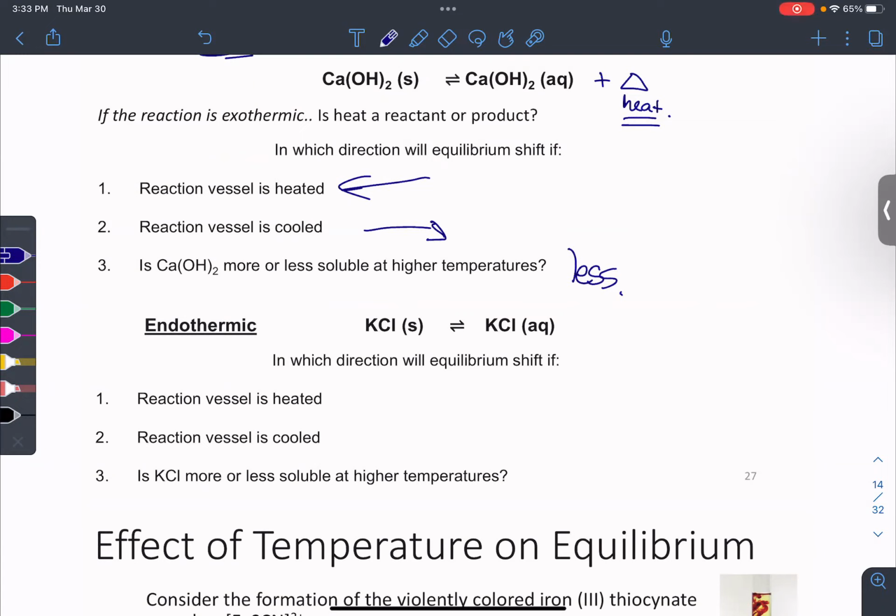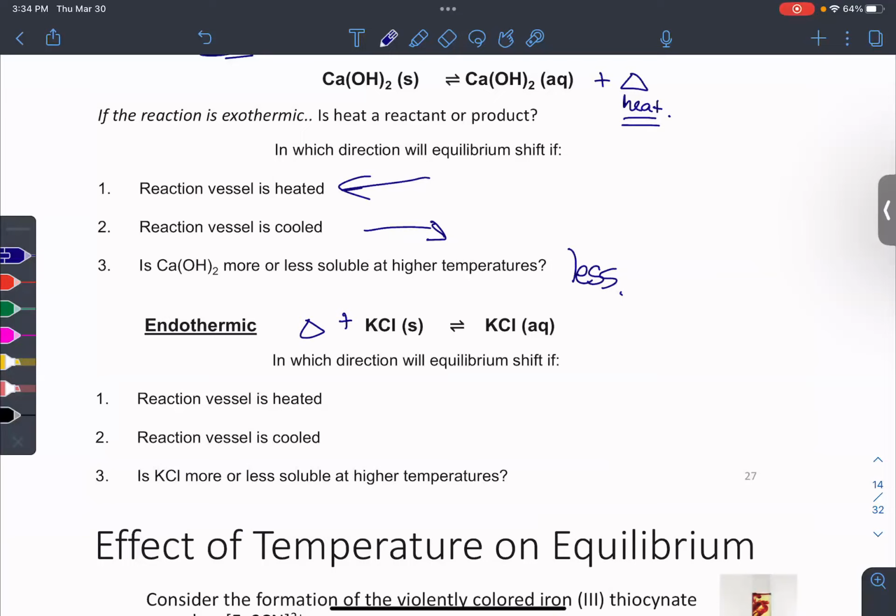All right, let's look at this dissolution process. Potassium chloride, solid to aqueous. So we're just dissolving it. This is endothermic. So where do we put triangle? On the reactant side, yes. We have to give energy to make this reaction go. So to us, when we feel calcium chloride dissolve, what is it going to feel like?